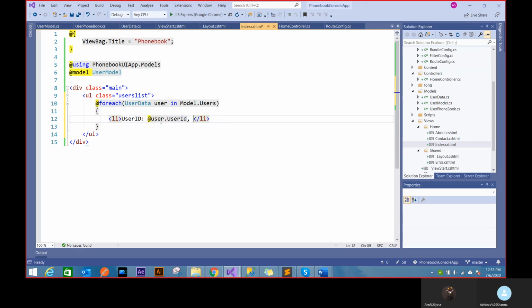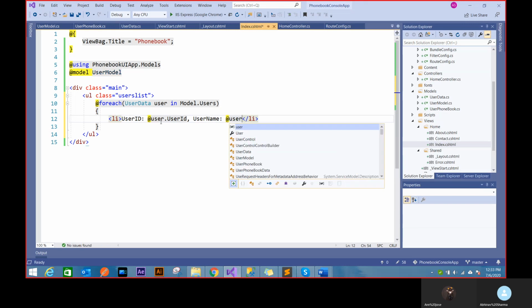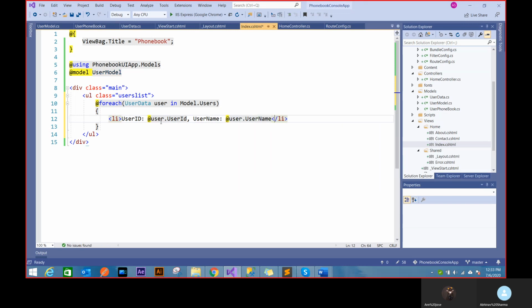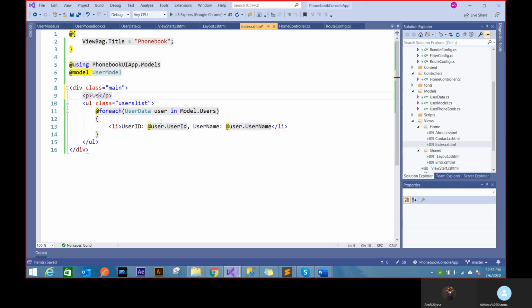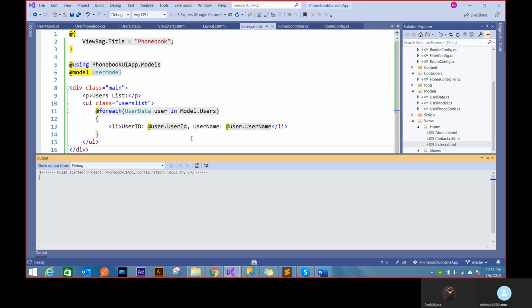It's a very neat way of adding the data in an HTML. Username, @ again, user dot username. And that's my list. And I can say here users list. That's it. So if everything runs fine, then I should be able to see the user list on the UI.